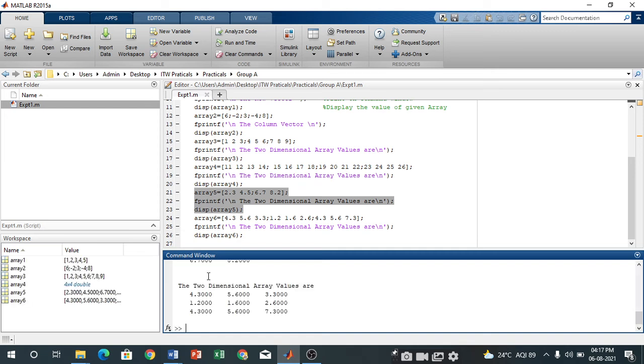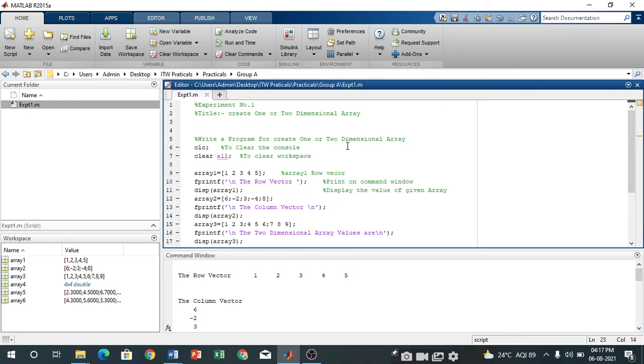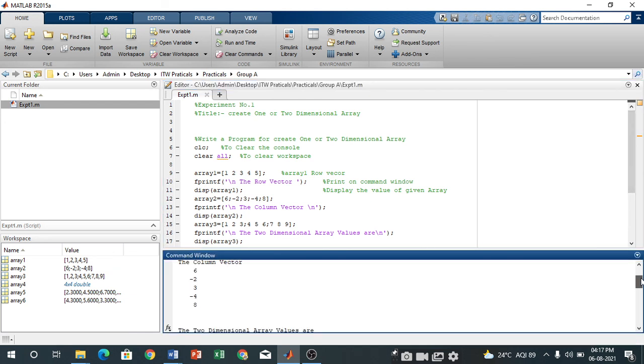So here at the left side we will get the array details, array 1 to array 6 are available, and we are going to check whether the correct output is available or not. Firstly we display array 1, that is your row vector. Now array 2 is your column vector, so array 2 displays the column vector contents. Now next one is array 3.